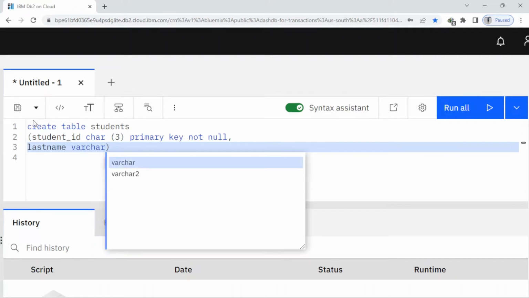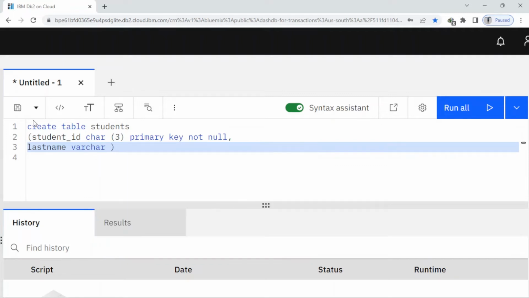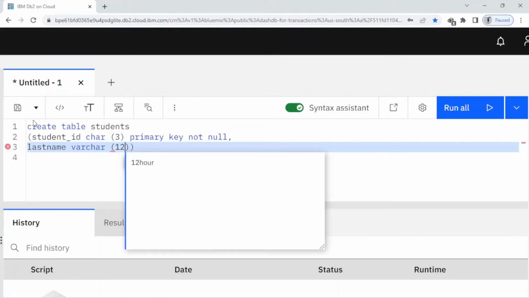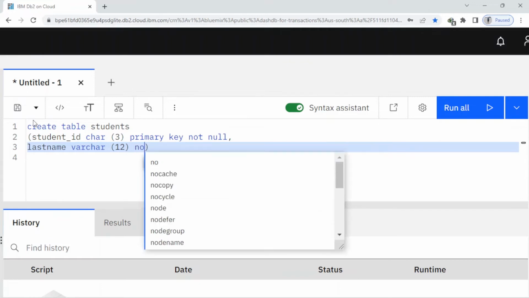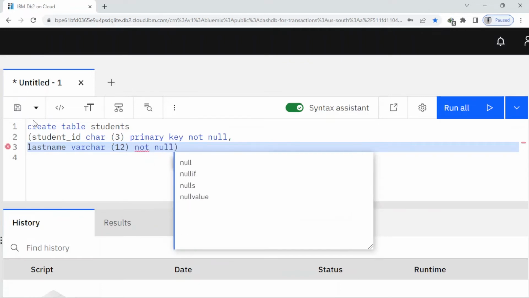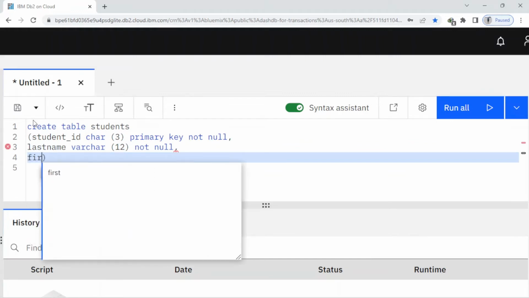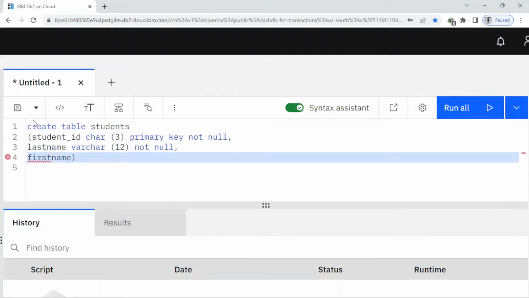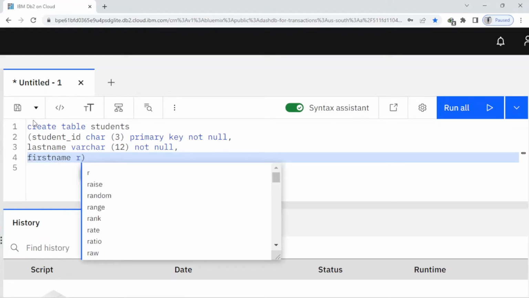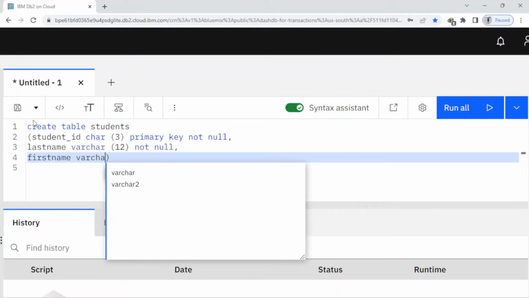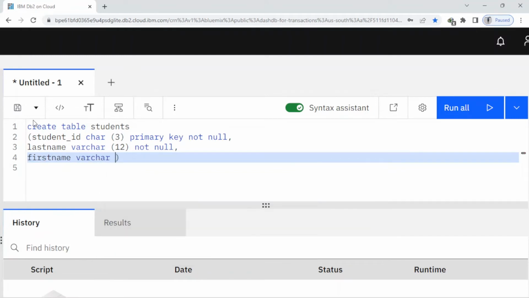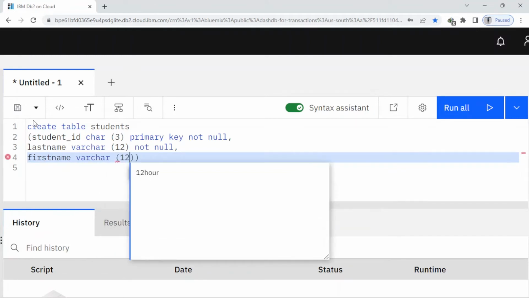It should be 12 characters. Not null, comma, first name, varchar, 12 characters,